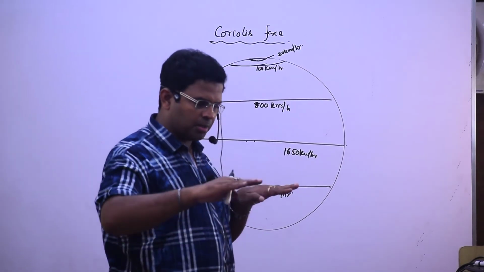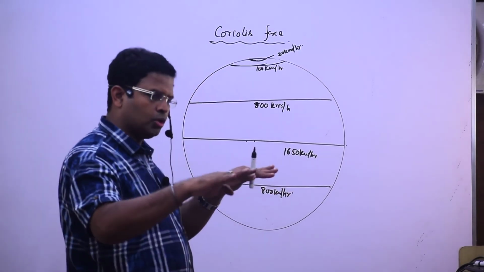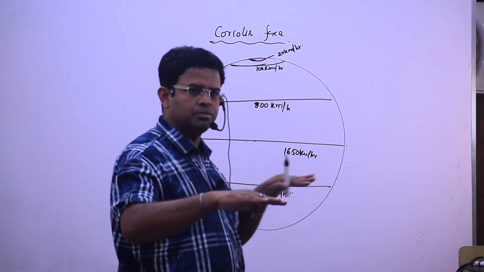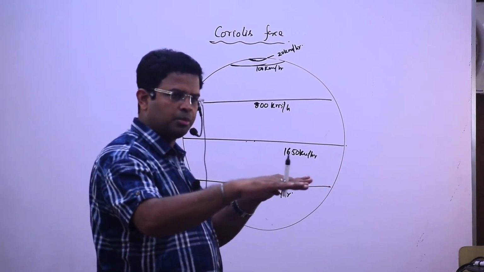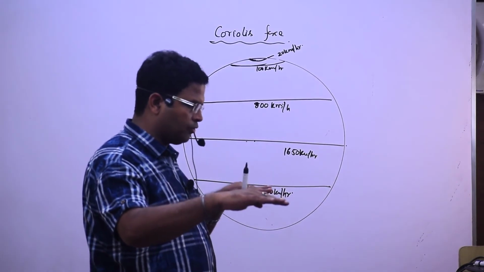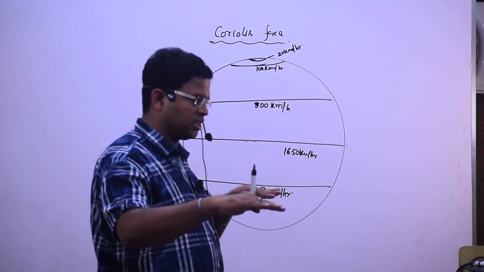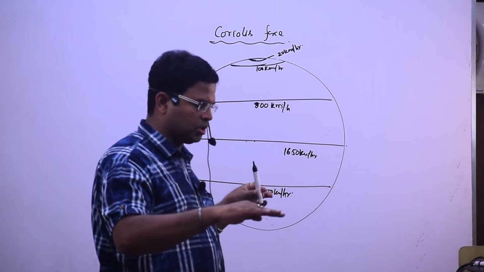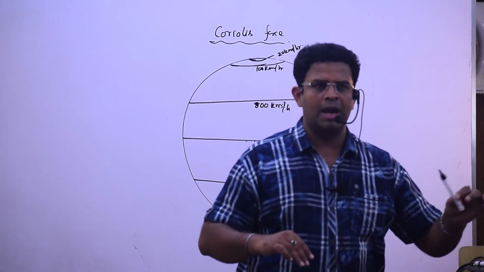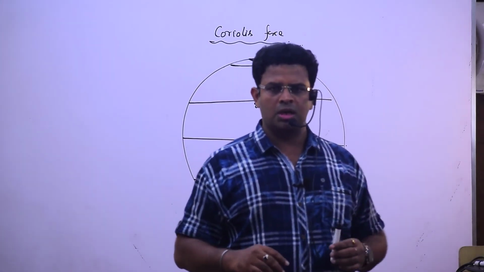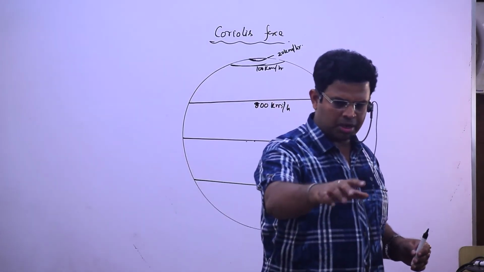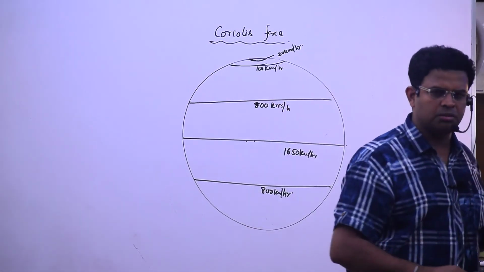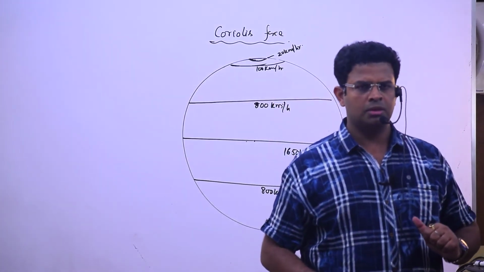But suppose this person who is going to throw the ball has a speed of 150 km per hour, and the other has a speed of 100 km per hour. If I am throwing a ball from the region where the speed is high, then it will move ahead, and if I throw the ball, it will go ahead of this person. Yes or not? So one person is at 100 km per hour and one is at 150. If I throw it, it will go ahead of this person, 50 km ahead of it. Yes or not?